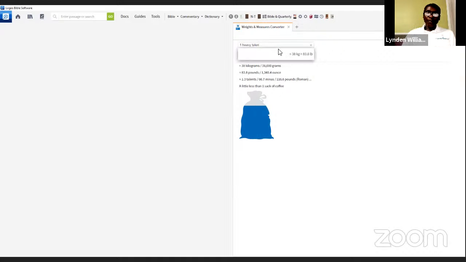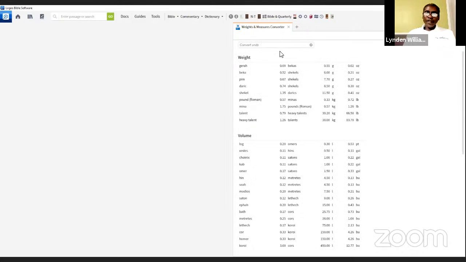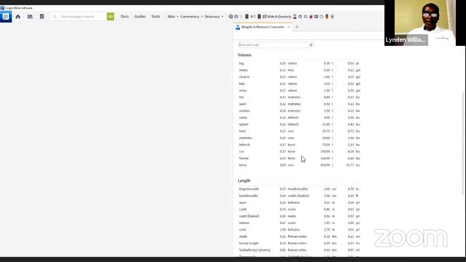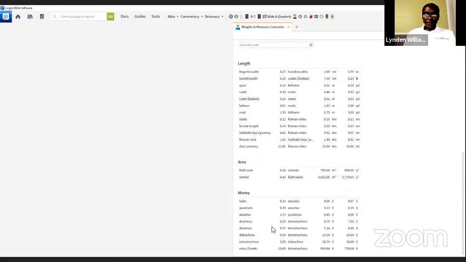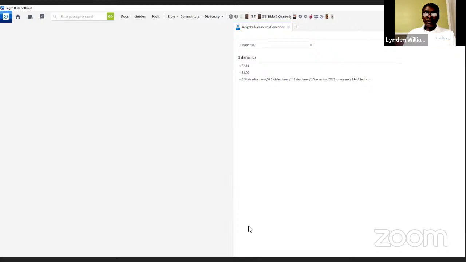So when they talk about mites, let's see. Widow's mites, that would come under money. Mina, not even showing here, so I'd probably have to look for it in another phrase. But a talent, is it in here? Denarius, a working day's wage. I don't know how often they change these, but that's a general overview of what Logos